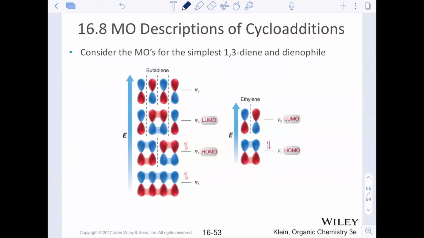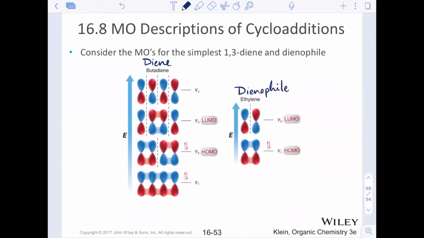All right, let's wrap up this chapter. We're going to talk a little bit about MO theory again, and I know this is not everyone's favorite subject. We're going to breeze through it a little bit, but there are some really important aspects of these cycloadditions that we need to discuss. Looking at the Diels-Alder reaction again, with the butadiene and ethylene. So this would be a very, very simple diene and dienophile